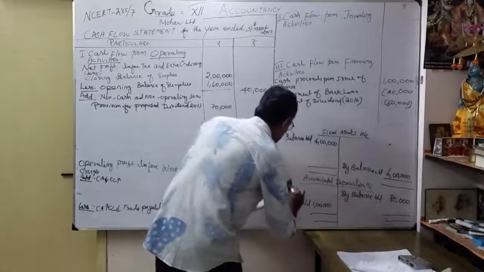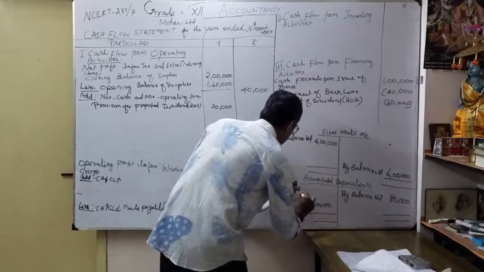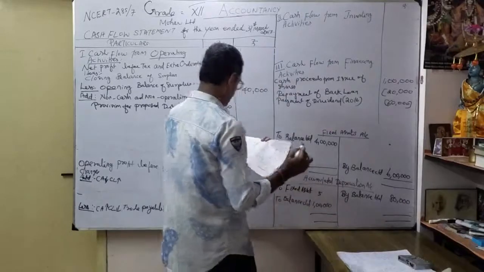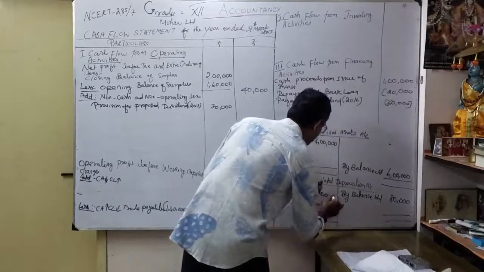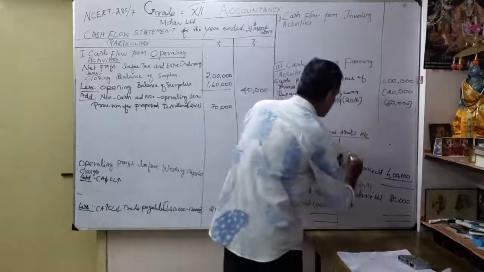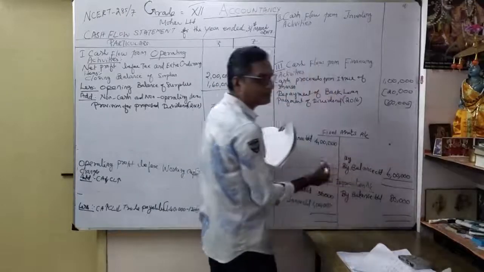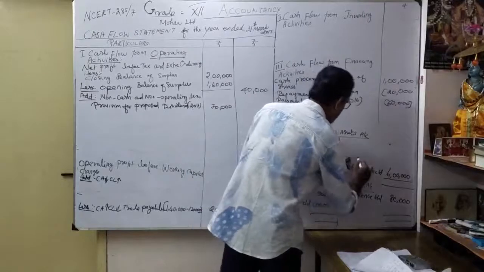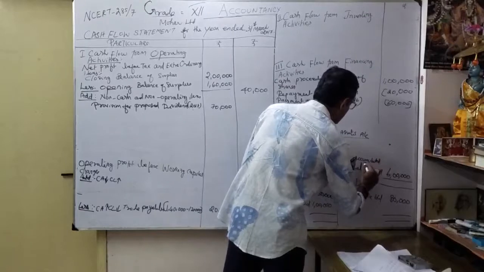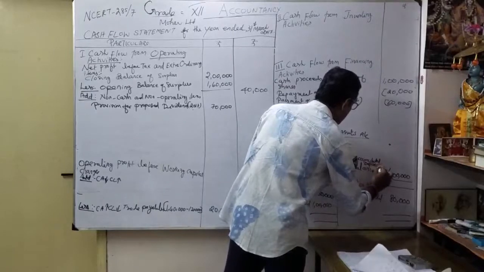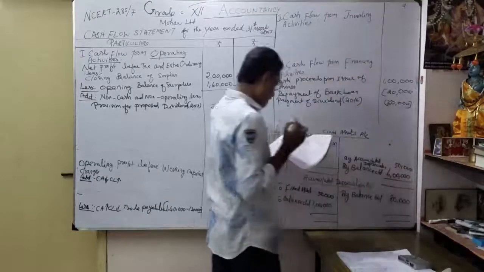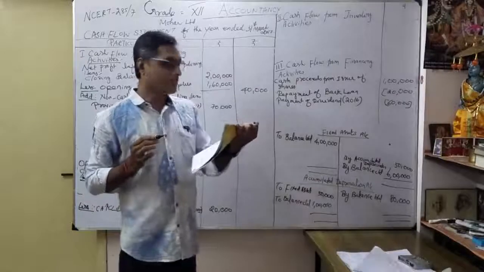So two fixed assets. How much? 50,000 they given. Correct? That's the journal entry, easy one. Accumulated depreciation account to fixed asset 50,000. So particular by particular sale of assets, what is the depreciation? By accumulated depreciation, how much? 50,000. Then how much is sold? Sold for how much? 20,000.